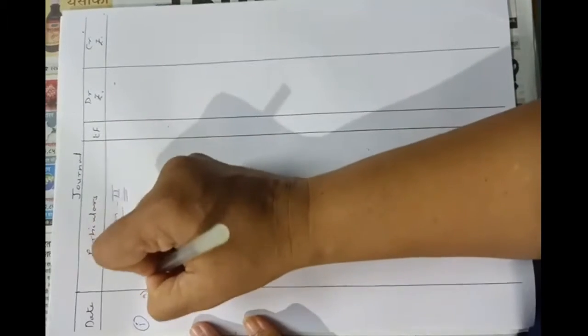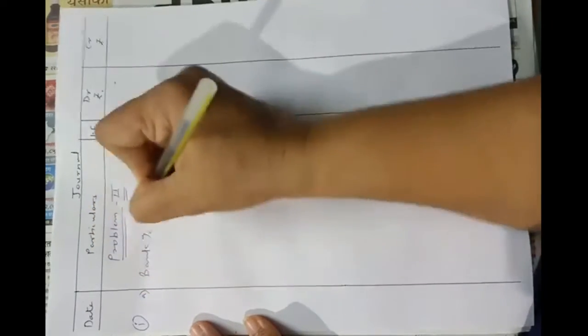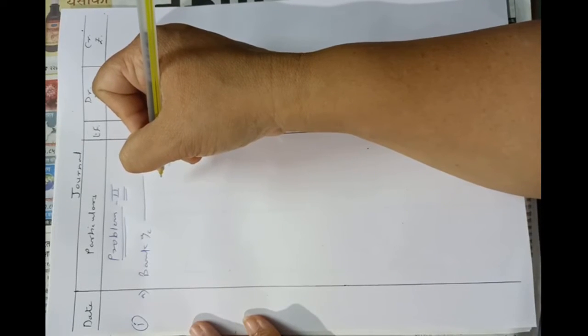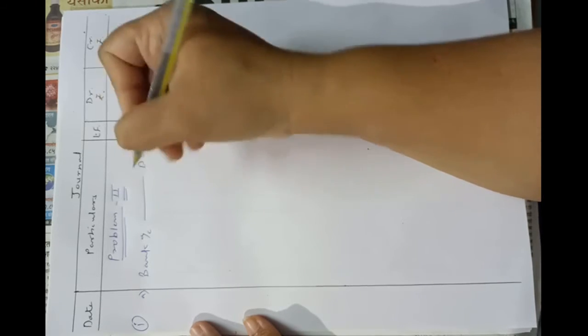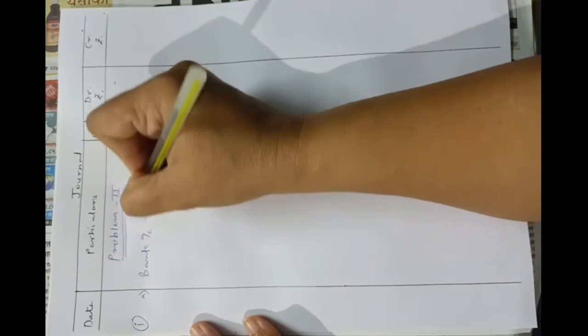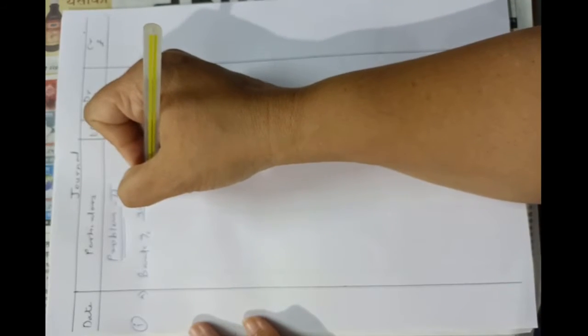First entry, bank account debit. These debentures were issued at 5% discount, which means they are issued at ₹95. So the amount will be 300 debentures, as I told you, 300 into ₹95,